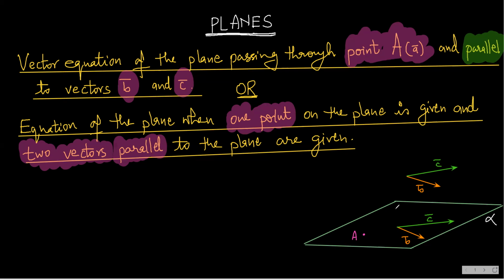So you can have the two vectors which are parallel to the plane. If you want, you can draw it the way I drew it earlier, or even you can have it this way. It is one and the same thing. Let us make it simple and keep it on the plane. So here I have two vectors parallel to the plane.